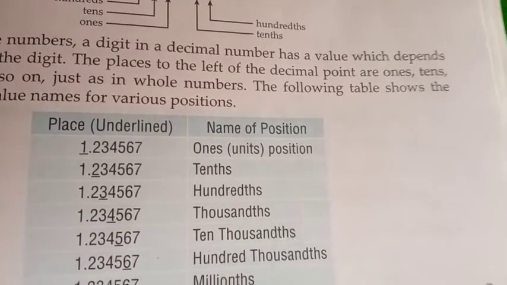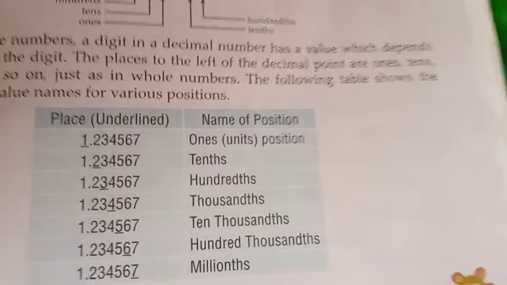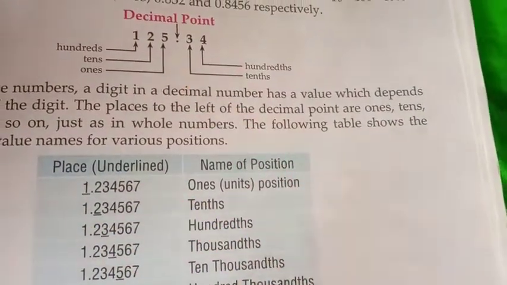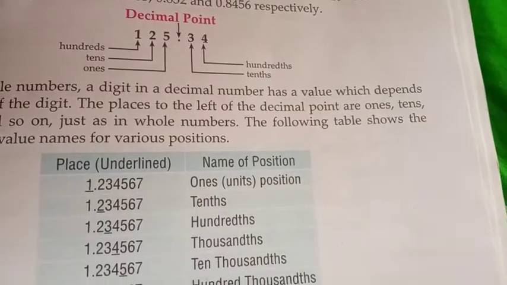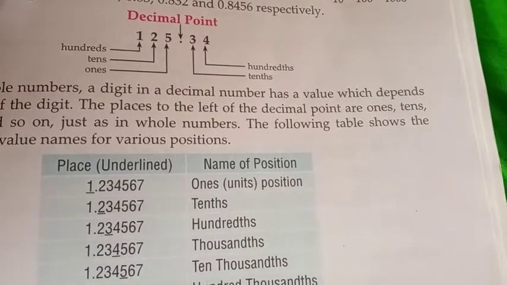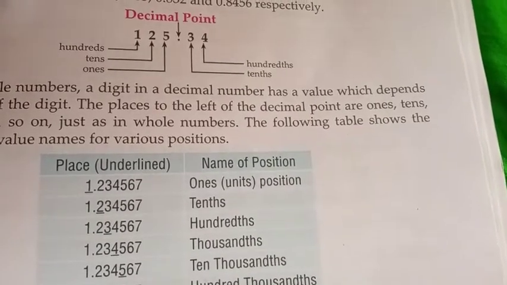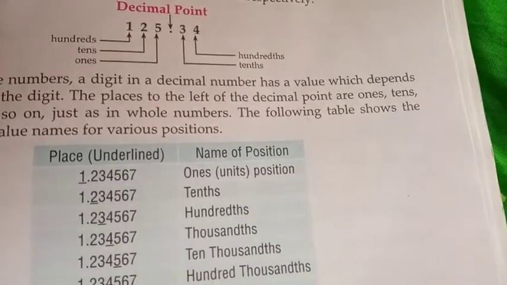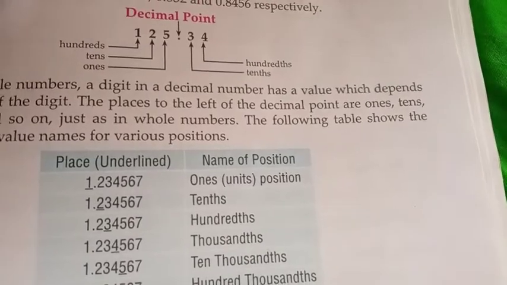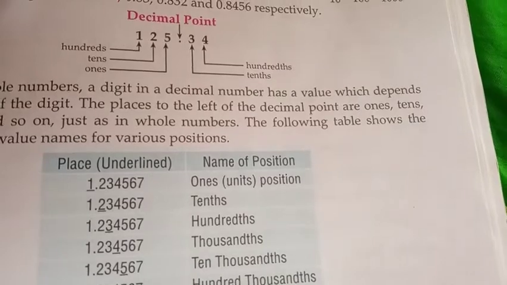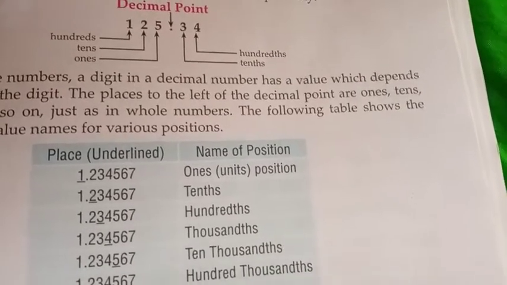So I think you have all noticed one thing: on this side, the left side of the decimal point, whenever we read the numbers we can use the Indian numeral system, but on the right side of the decimal point we use the international system, because the terms million, billion can be used in the international system.